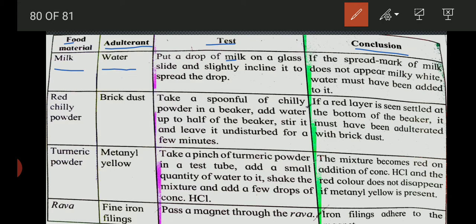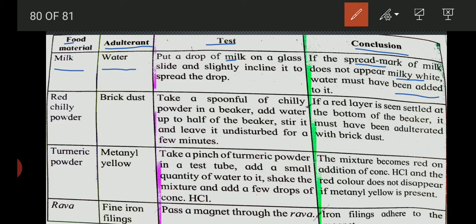Then you can easily make out that water is added to milk. Now what can we conclude from this? If the spread mark of milk does not appear milky white, water must have been added to it. Then we can understand that water has been added to it.